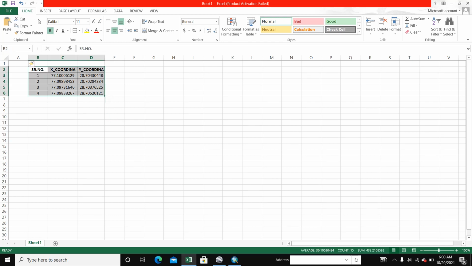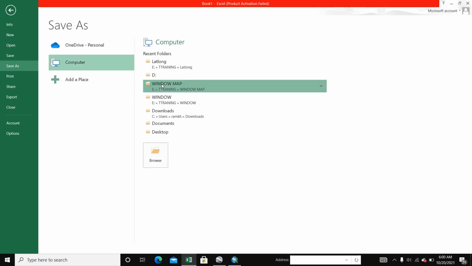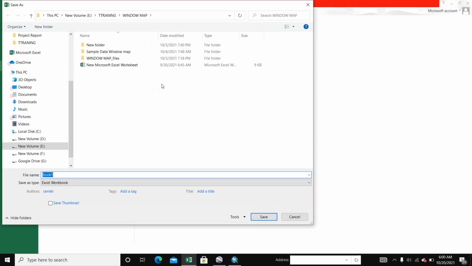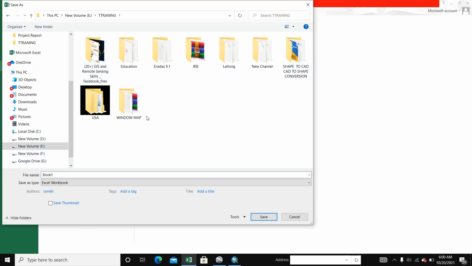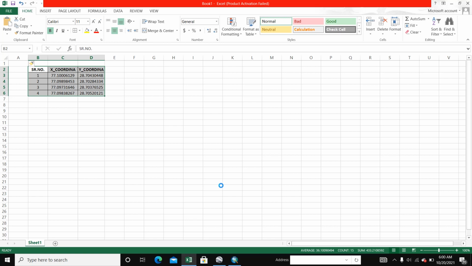Here we convert it and save. If you want, you can write here long and lat. It is very important.